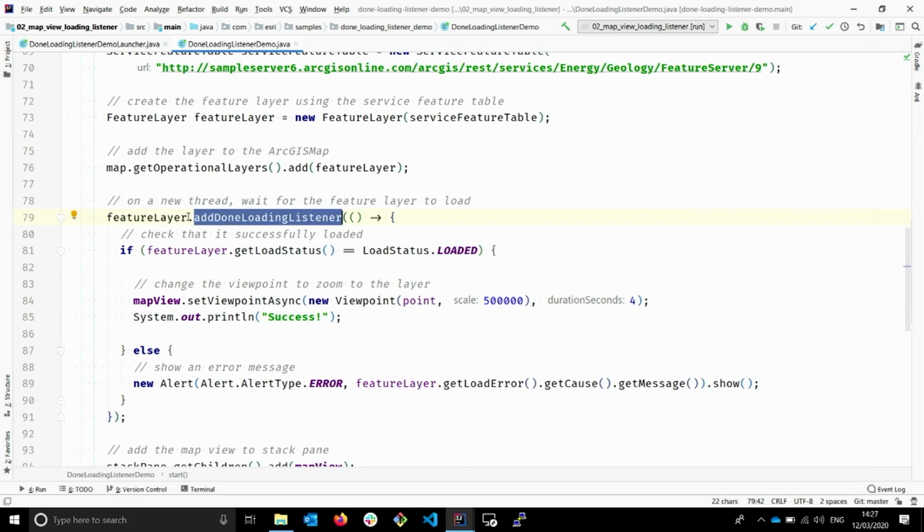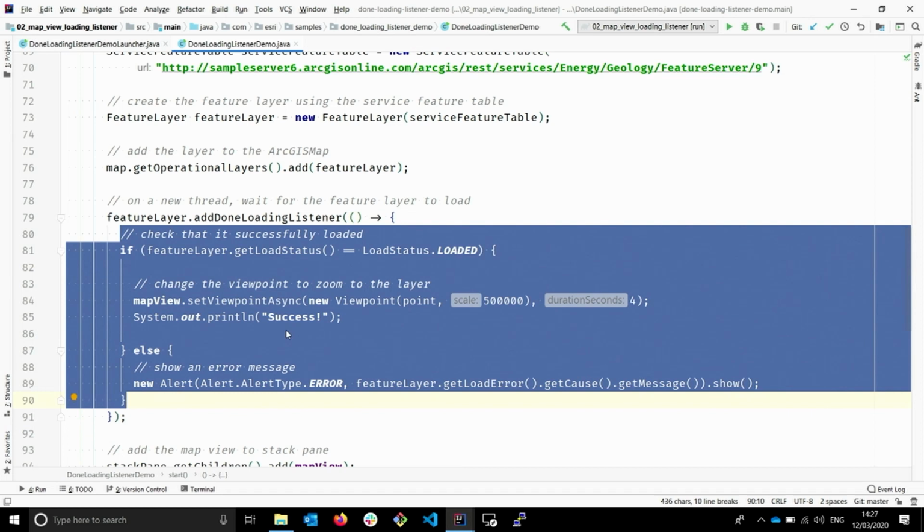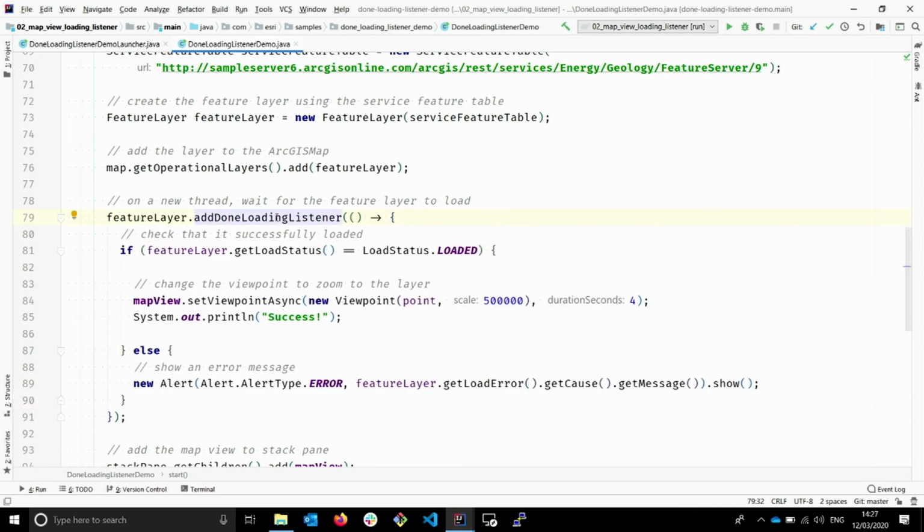So as soon as that feature layer object is instantiated, it's going to start that loading process. And by adding this done loading listener, we can specify code that on a new thread will happen asynchronously once our object has actually finished loading, once our feature layer is completely loaded. So what we're going to do is,